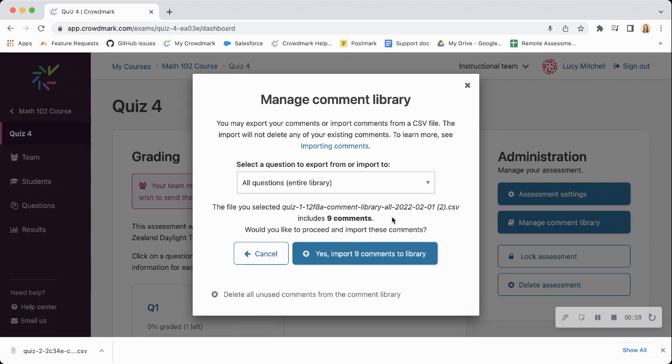but you can also generate a CSV file from scratch. And if you do so, there's a little help document here that walks you through how to create that CSV file. You will need to have a spreadsheet with columns called question label, comment, points, and shared. And if you wish to share those comments with the rest of your grading team, that column named shared should